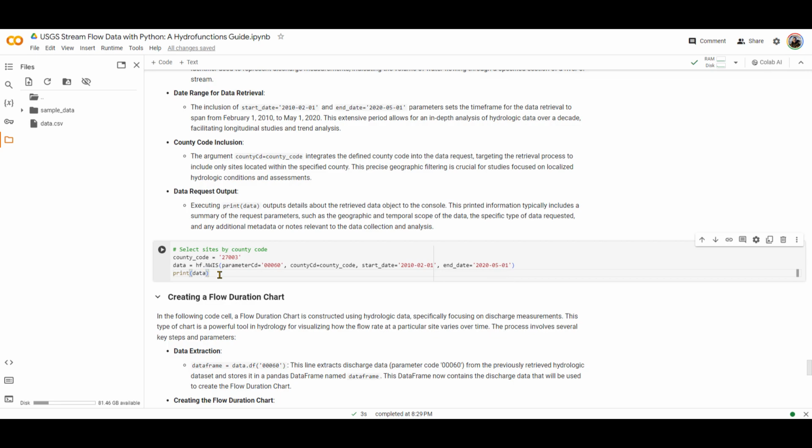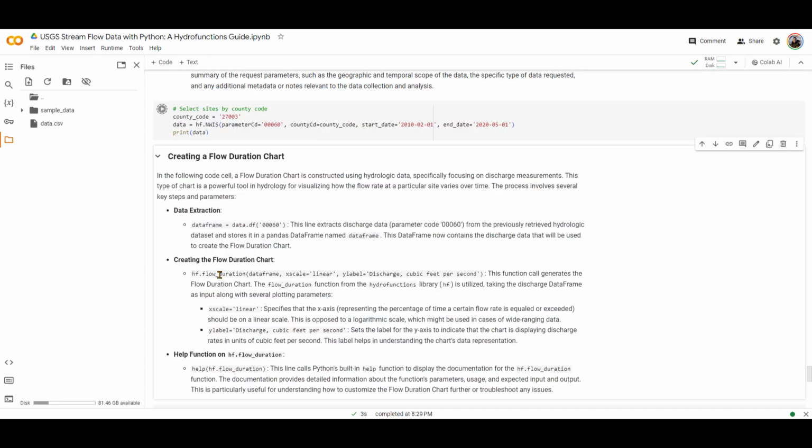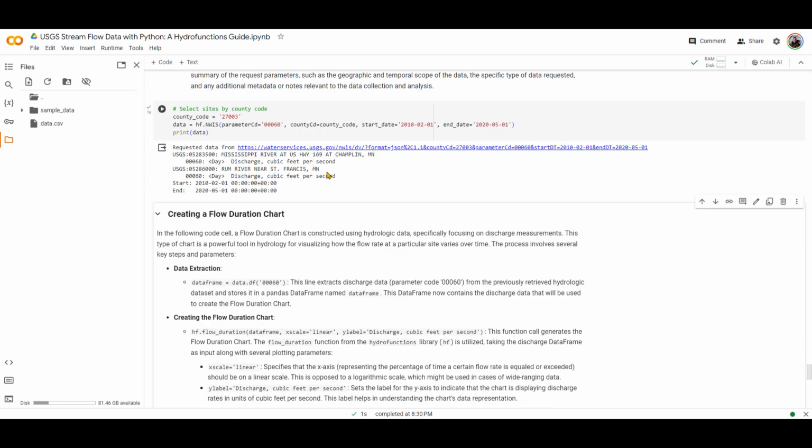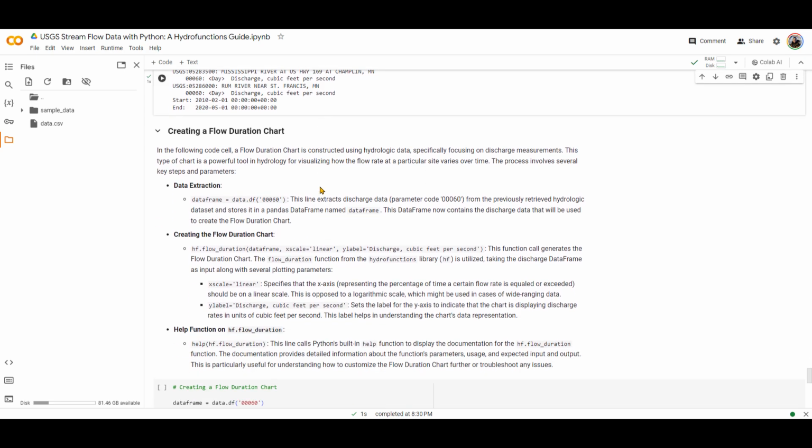Now, if you print the data, it shows you how many stations meet that criteria and shows you a list of stations that are available. So it looks like in that county that I just showed you, in a county in Minnesota, there are 2 USGS gauging stations available. Okay. And then now that you have the data, you can essentially do some